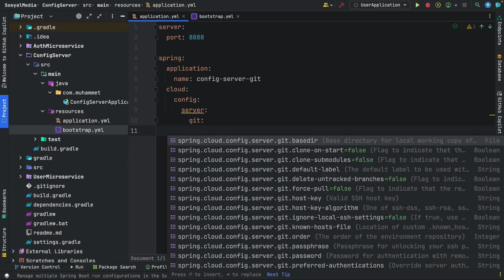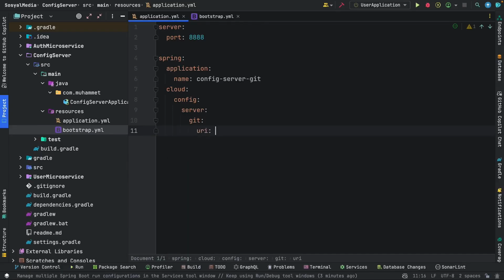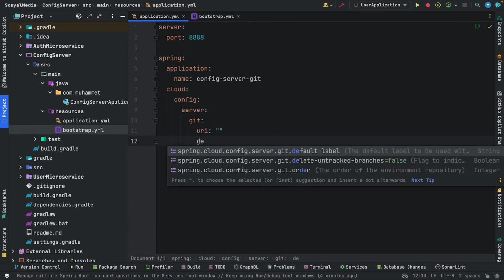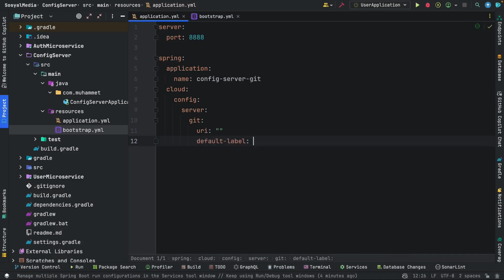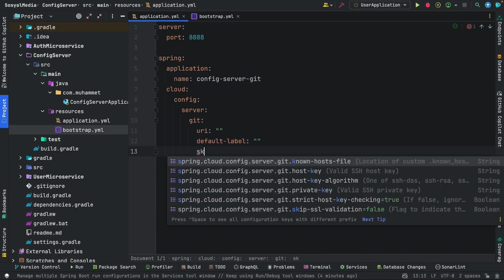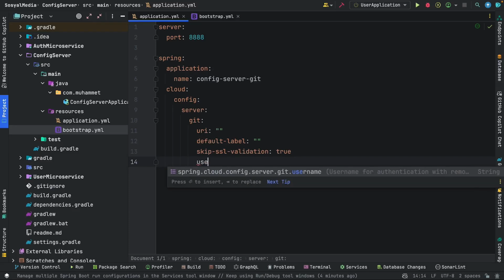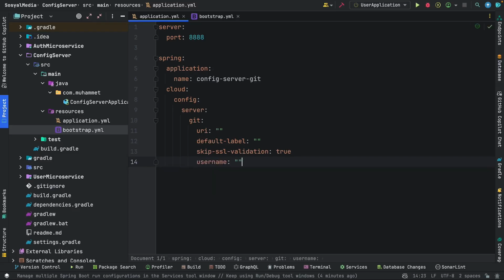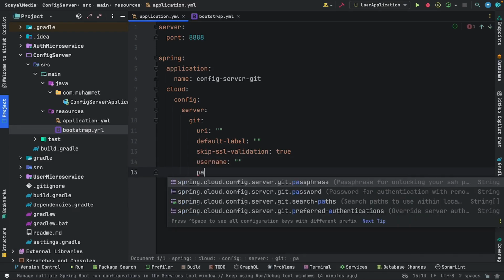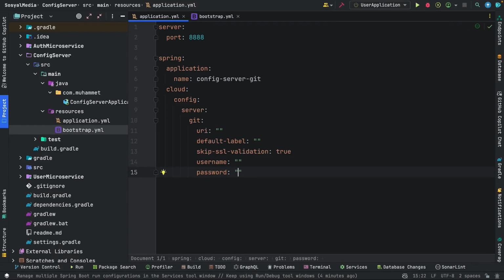Guys, first, it will ask for an address, and we'll write that here. I'm skipping this for now, and then we'll talk about what the default will be here. I'm skipping that too. We'll discuss what it is. Here, we'll skip SSL like this, write down what it will ask from us, and it will also ask us for a password. Now we'll talk about these. Guys, for integration with Git of this configuration,